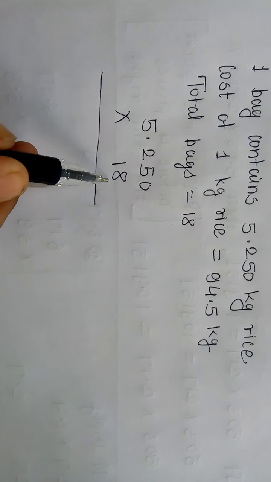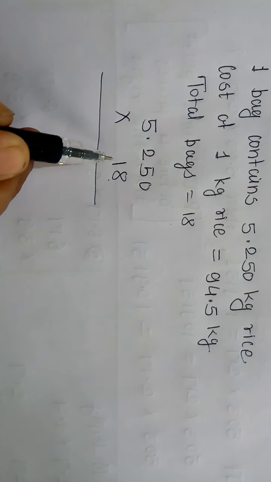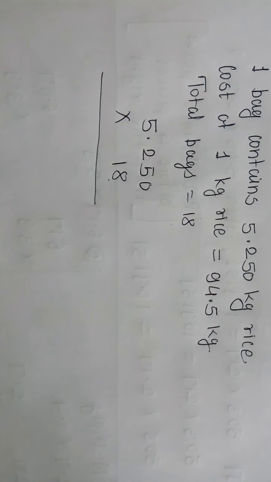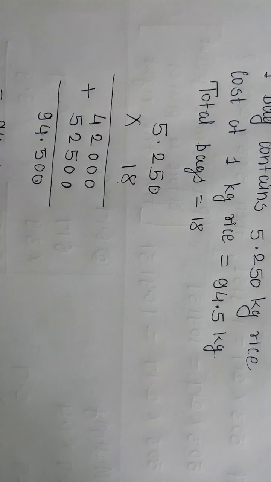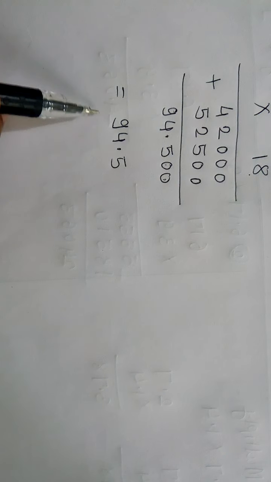First we will multiply by 8, then multiply by 1 and then add that. Our multiplication will be there. See here, 94,500. Now we will put the decimal point. 1, 2, 3 places are there. So before 3 places, 1, 2, 3, here our decimal point will be there. So we can write 94.5. This is the total rice Virendra bought.